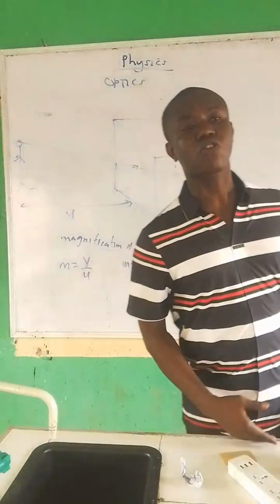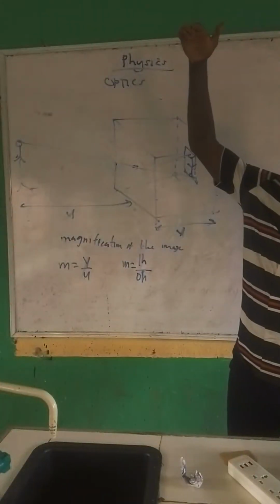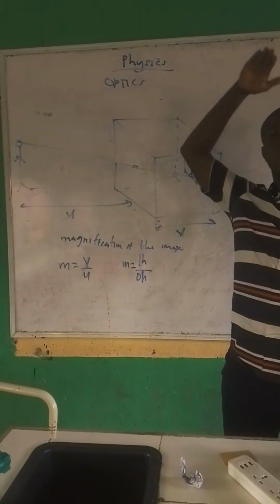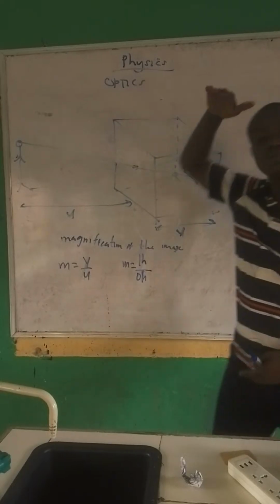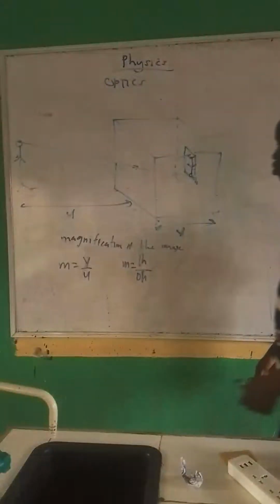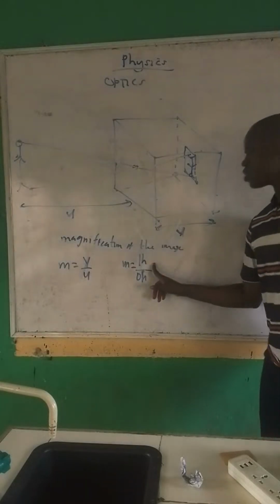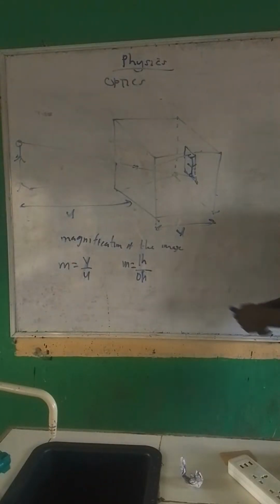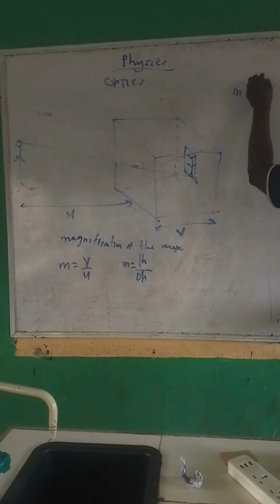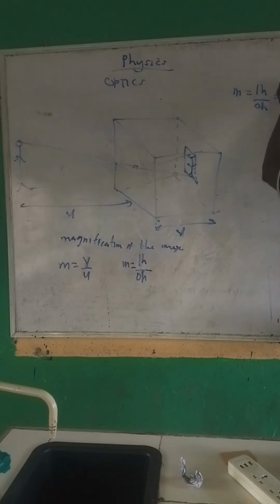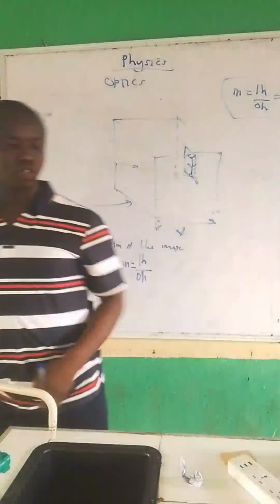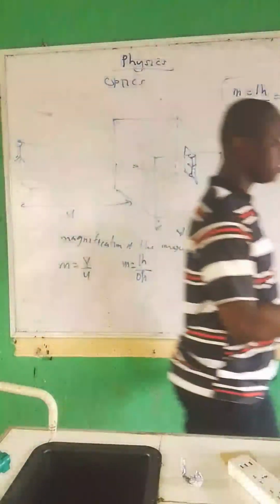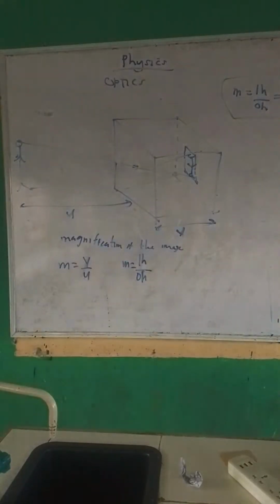That is, from the bottom, how high is the top of the object, and how high is the top of the image from the bottom of the image. So magnification is equal to image height over object height, and it is equal to image distance over object distance. Any of these you can use for solving questions. So that is basically that. Last question, ask.